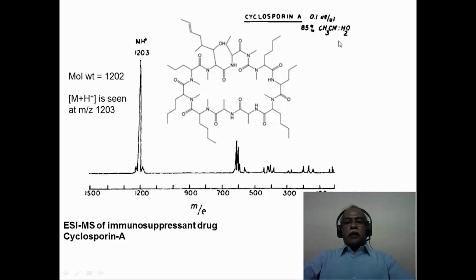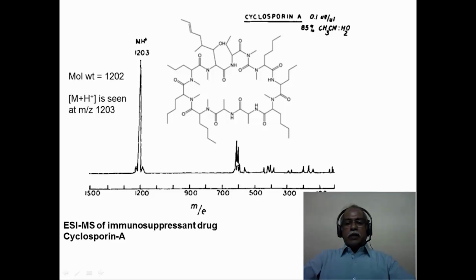Water itself can donate a proton and protonate the species. So what you see is essentially an m/z of 1203, which corresponds to the molecular ion plus a proton, or a hydrogen, for example. And there is a small extent of fragmentation one can see in this particular case. This is about 1202 or so. This need not be a fragment ion. This could be m/z where z is equal to 2, for example.